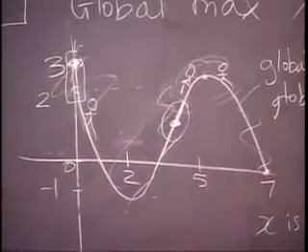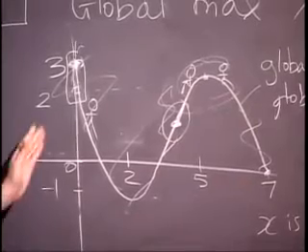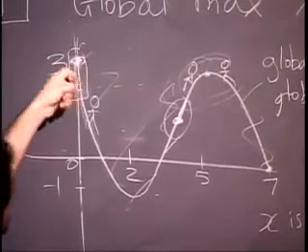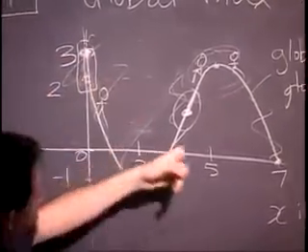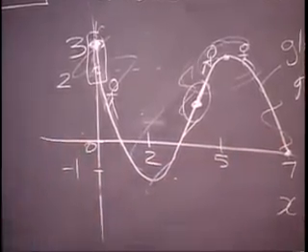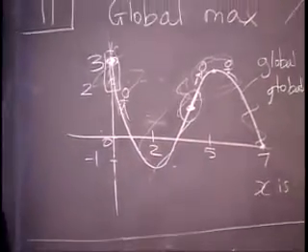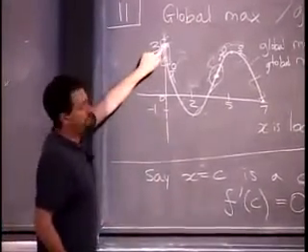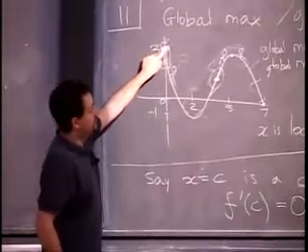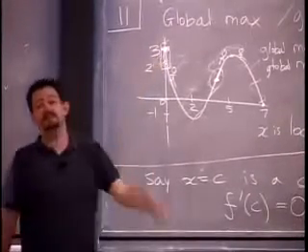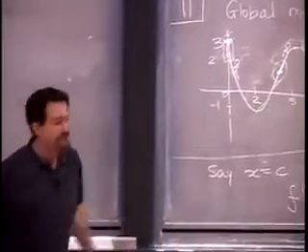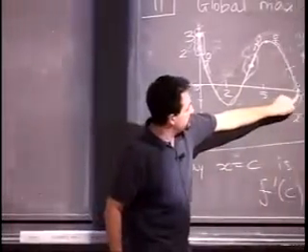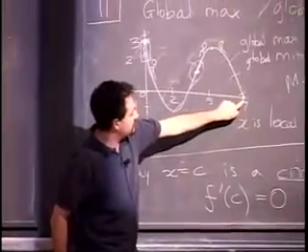Those are endpoints. The derivative actually doesn't exist there either, so they're sort of critical points. You have a right-hand derivative there and a left-hand derivative here. But I don't know whether to call them critical points or not. I'm just going to call them endpoints. And as you see, this endpoint is a global maximum. It's also a local maximum because every global maximum is also a local maximum. Every global minimum is also a local minimum. This is a local minimum, but it is not a global minimum